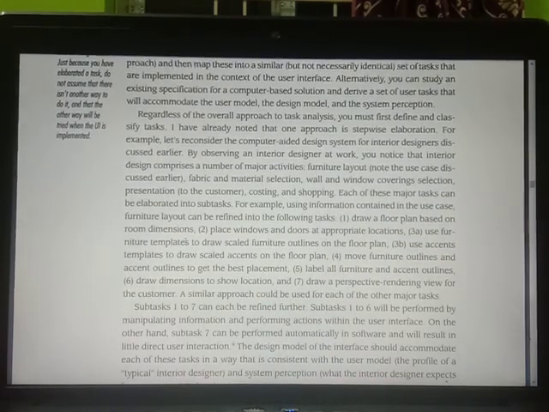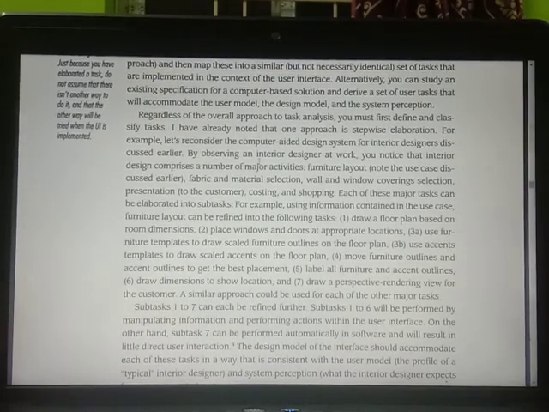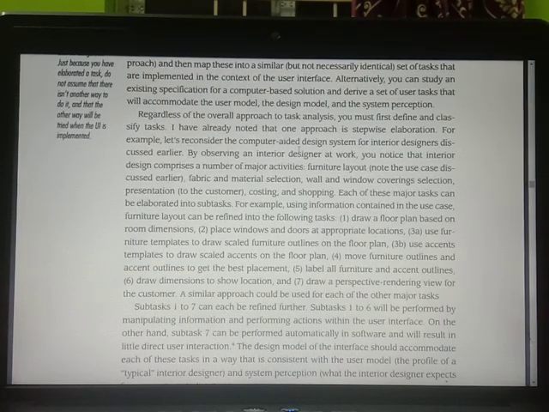So here, if we take the example, let's reconsider the computer-aided design system for interior designers. By observing an interior designer at work, you notice that interior design comprises a number of major activities. That is the furniture layout, fabric and material selection, wall and window covering selection, presentation, costing, shopping, and so on.